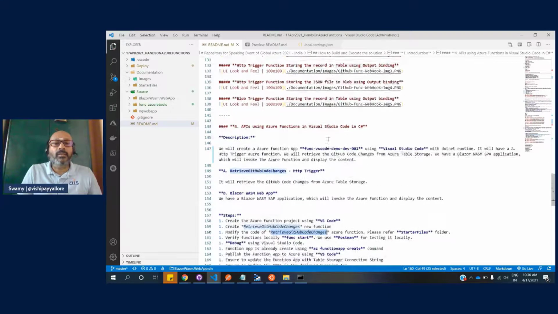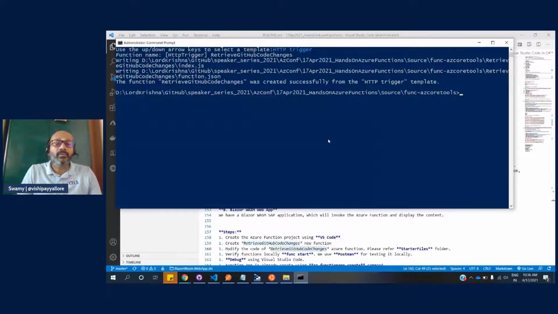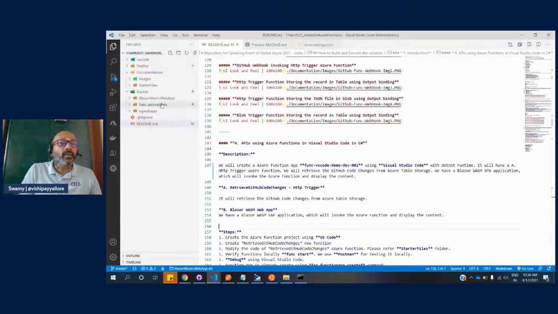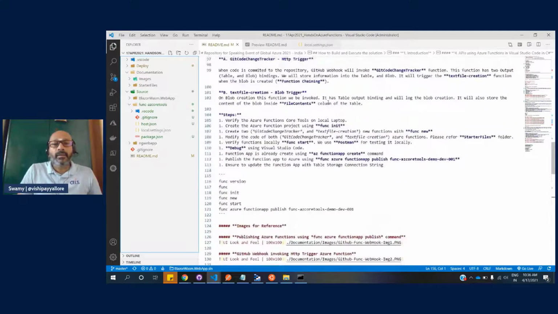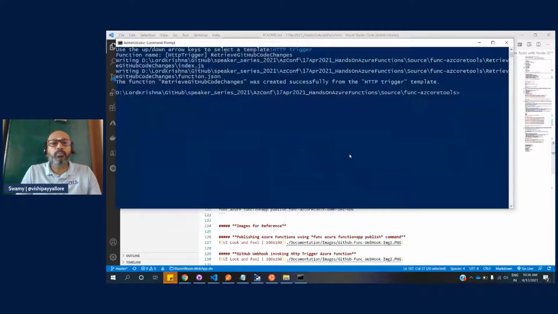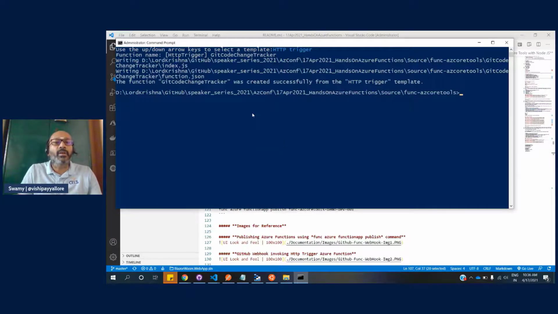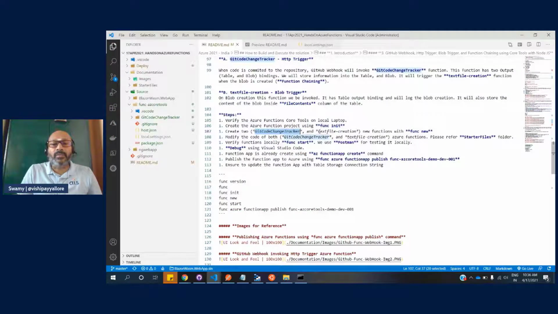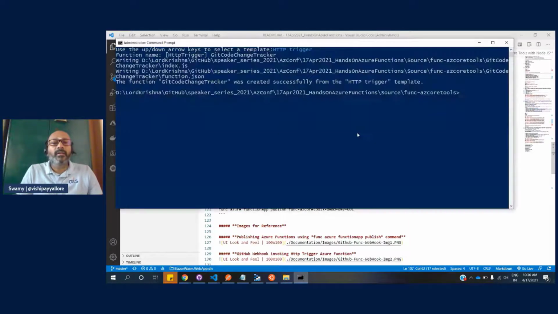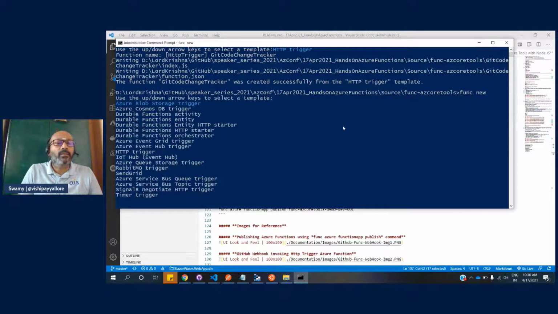Sorry, I have created a wrong function here, GitHub code change tracker. Func new, and that is HTTP trigger. That's the function name. And another one is we need text file creation, and that is blob trigger.